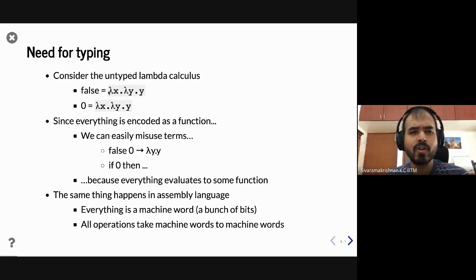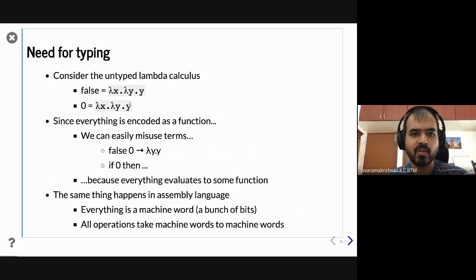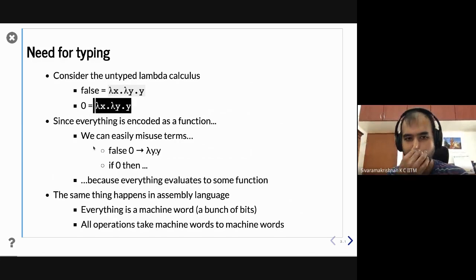As someone observed in the last class, the encoding of false was the same as the encoding of 0, right? So we can mix these two things together. Where you would have expected a natural number, you could pass a false, and that would have been fine because the encoding is the same. But we can also misuse the terms, right? I can apply false to 0. False is supposed to be